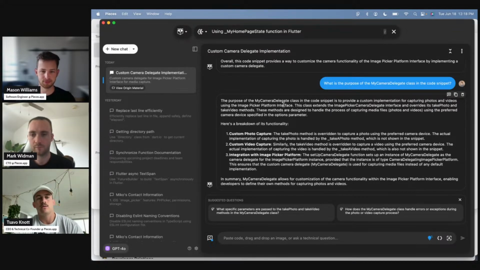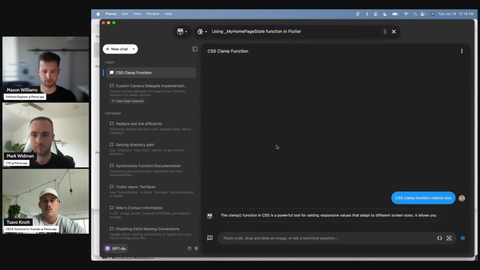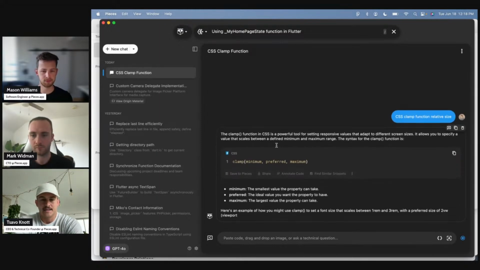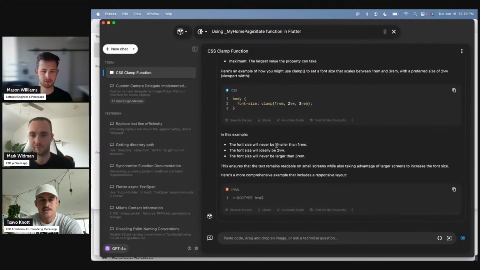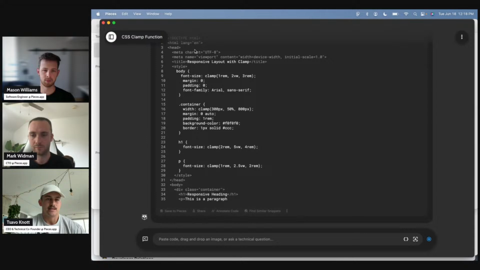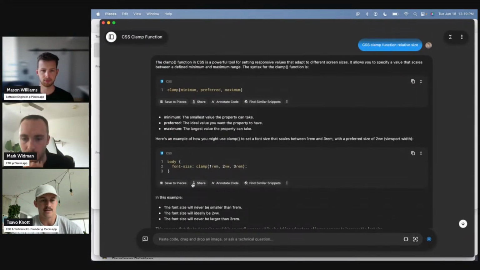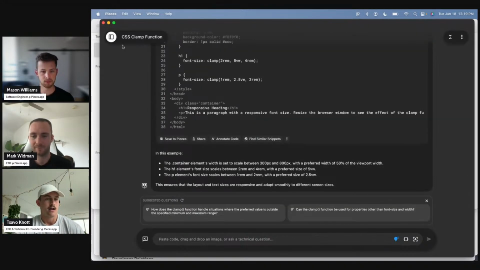But yeah, not only can you have conversations about things that have been saved to Pieces, you can, of course, start a new Copilot chat and say, I'd like to generate a CSS clamp function with some relative sizes. And we're going to get some nice outputs here, maybe some explanations and so on. And as I was mentioning earlier, as Pieces generates these outputs, you'll notice we've got these buttons, and I can go ahead and say, save that directly to Pieces. So it's going to do that enrichment, it's going to save it, and now that's captured even beyond the context of this conversation. So pretty cool.